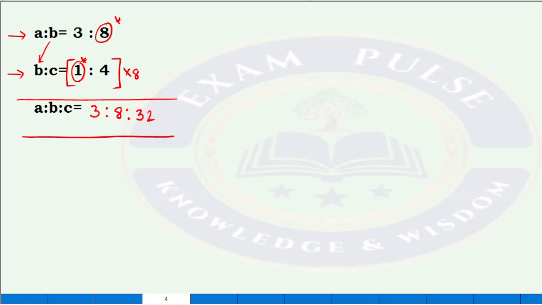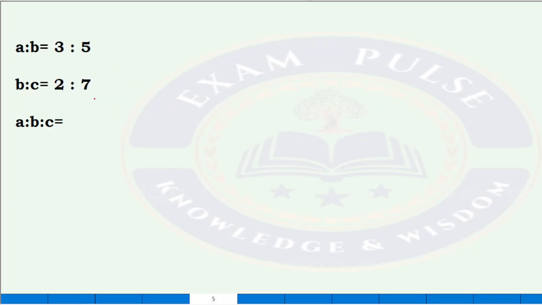Therefore our answer is 3:8:32. Now what about this one? A is to B, B is to C. Is it in continuity? Yes. Then are the values which are representing the B same? No. The difference from the previous one to this one is in the first question